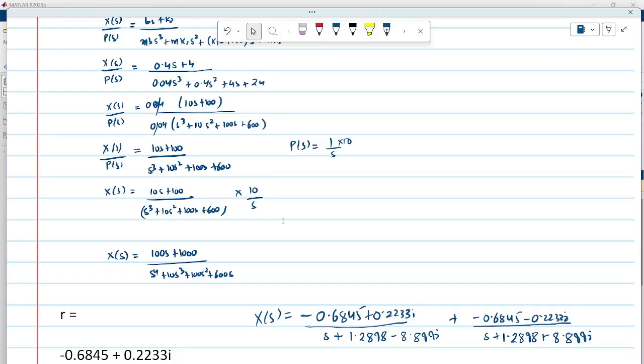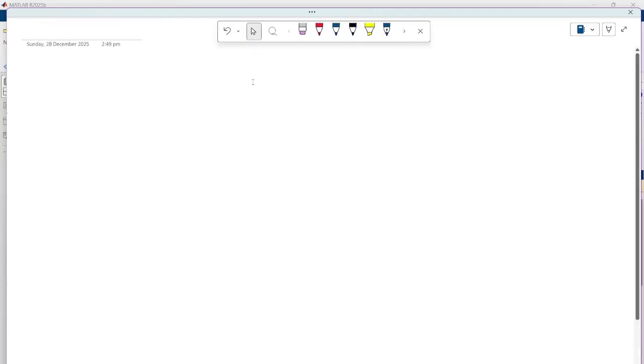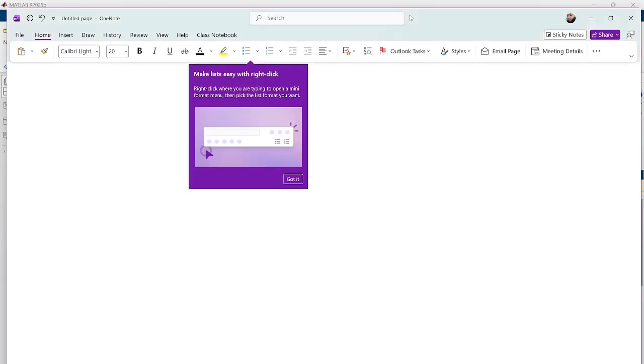In the next chapter, the next topic, we are going to study the frequency domain inputs like the sinusoidal input, sinusoidal excitation. And for that, we have a separate kind of transfer function called the sinusoidal transfer function, as I have mentioned in the beginning. So we are going to look into that one in the next lecture or the next section. So let's make another page for our